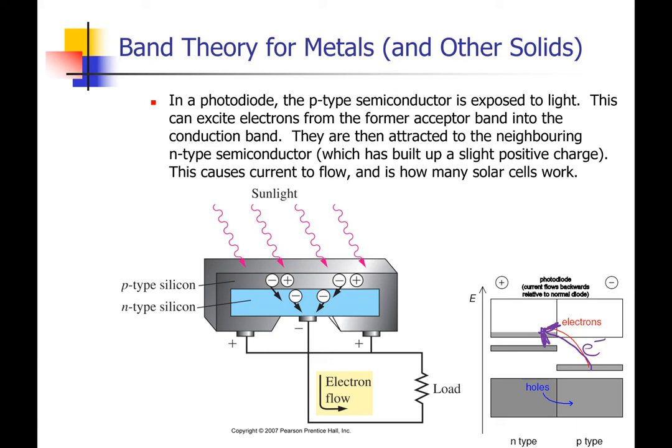That's how a photodiode works. It's the same logic as the regular diode. The only difference is we have now allowed for the input of energy from an external source, in this case the sun, that allows the electrons to be excited up into higher energy states, and therefore